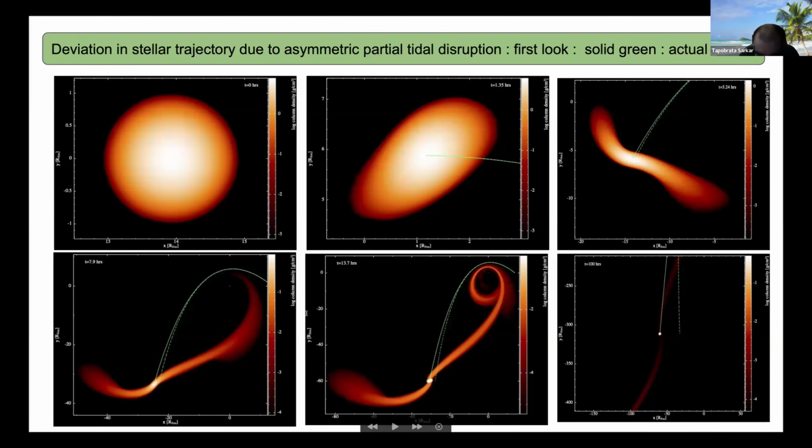Okay, so this is one result that I wanted to show you. This is the tidal disruption of a solar mass star by a 100 solar mass black hole. The star starts off its life like this, gets deformed, and this is basically on a parabolic trajectory. That is what happens, and after a long time, if you track the motion of the remaining core and the center of mass of the star, what would have happened if it had not tidally disrupted? They start differing significantly, and this is what we found.